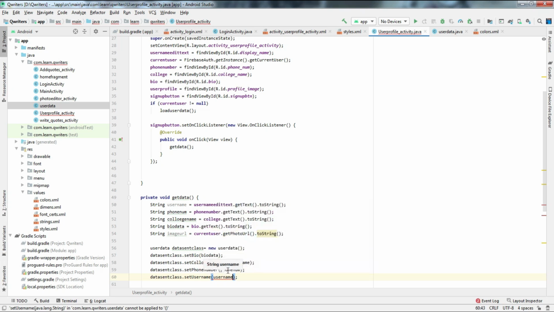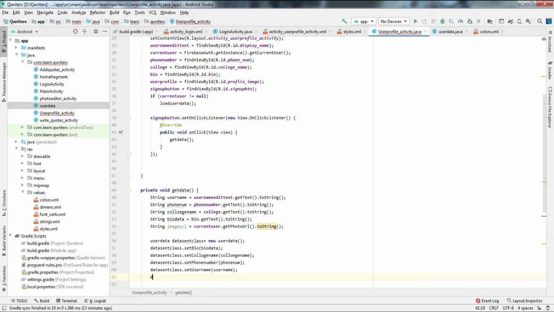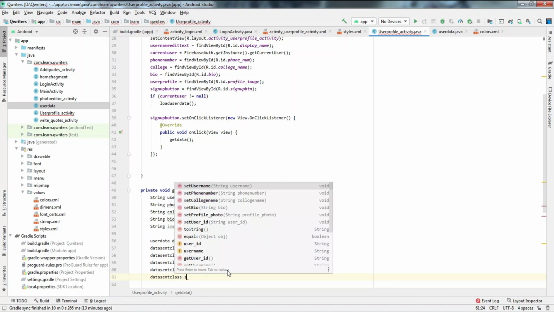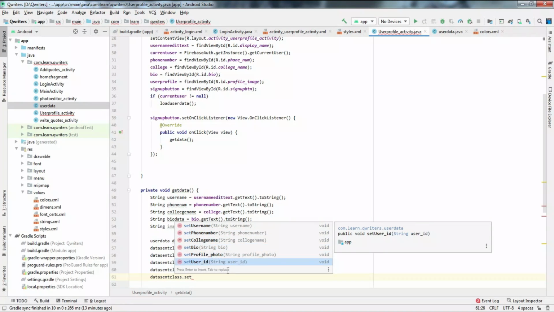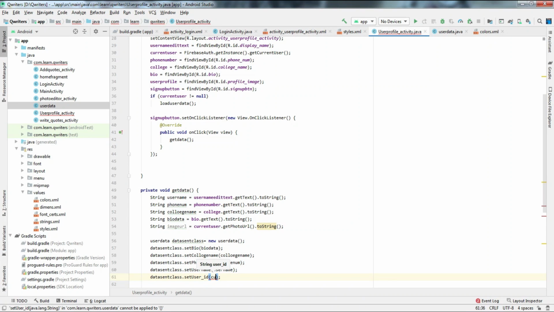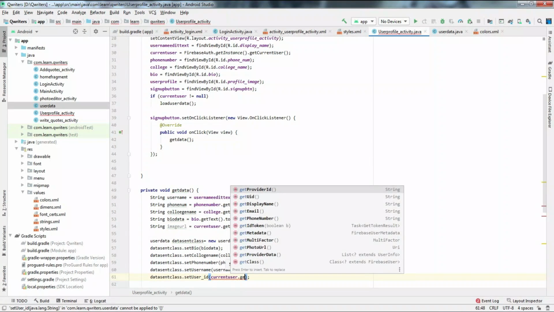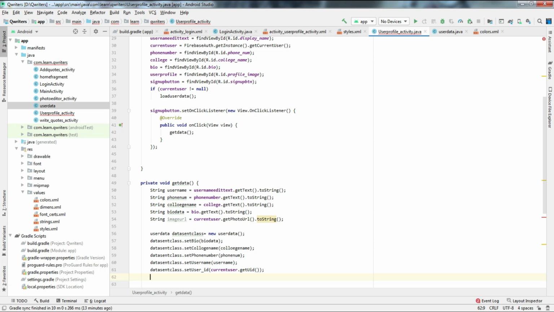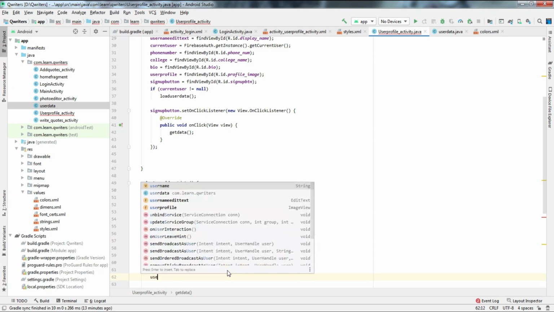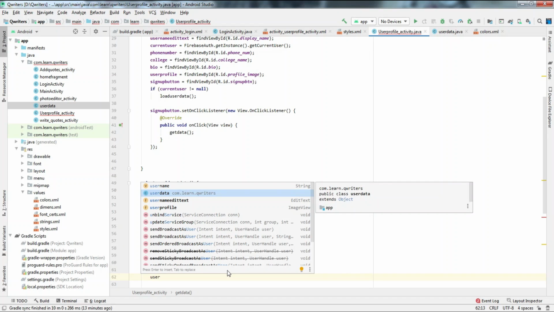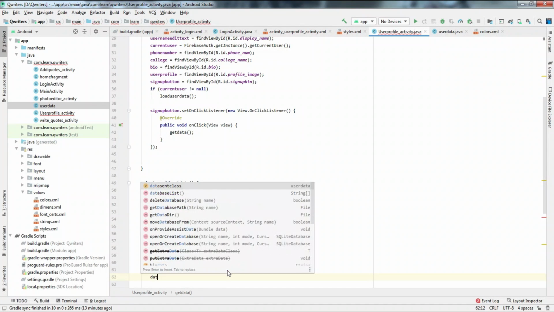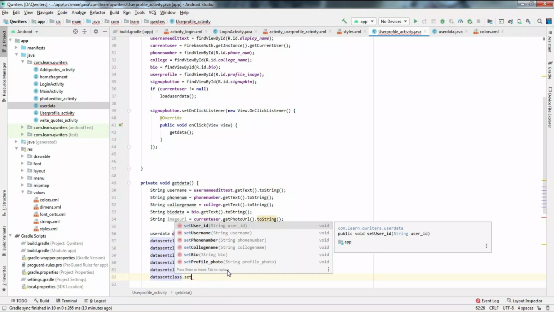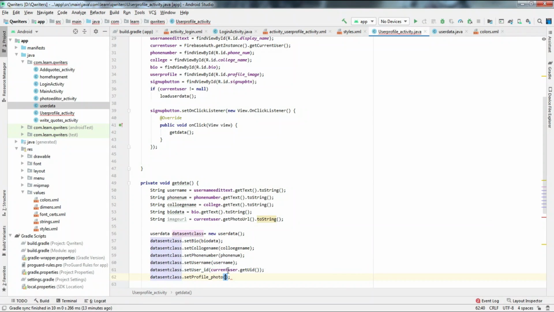Again, dataSendClass dot setUserId. You can get the user ID from current user, FirebaseAuth getUid. Next, image URL. You can call dataSendClass dot setProfilePhoto. The profile photo we got as the image URL.